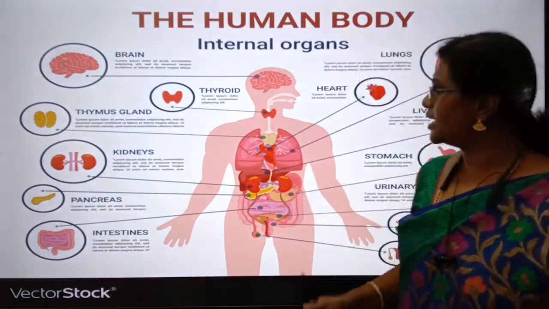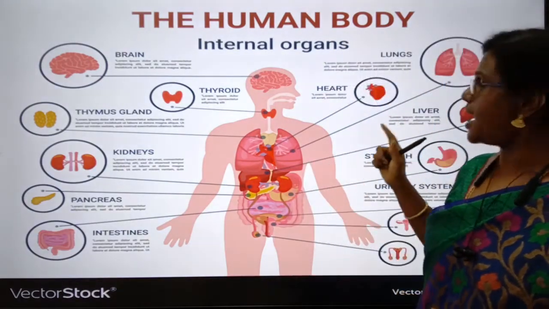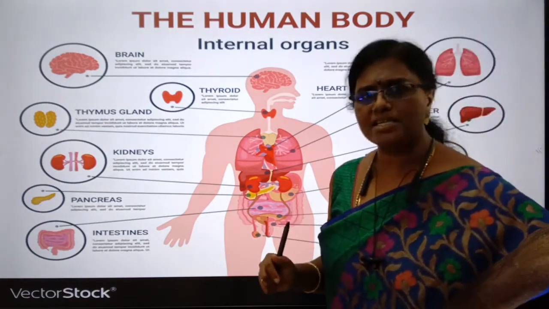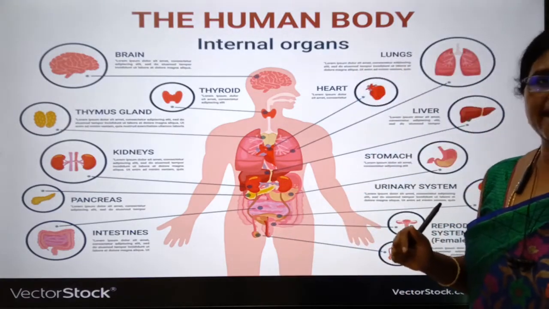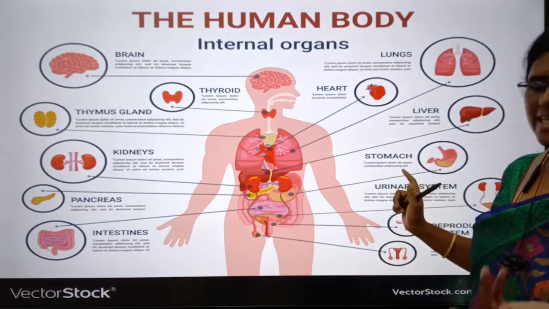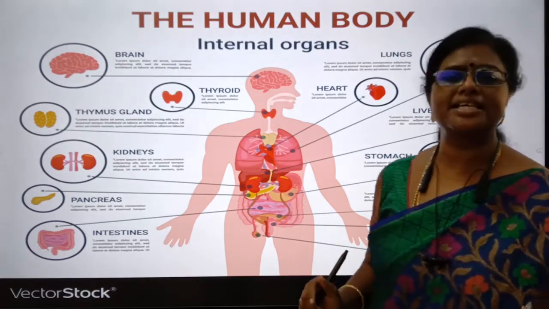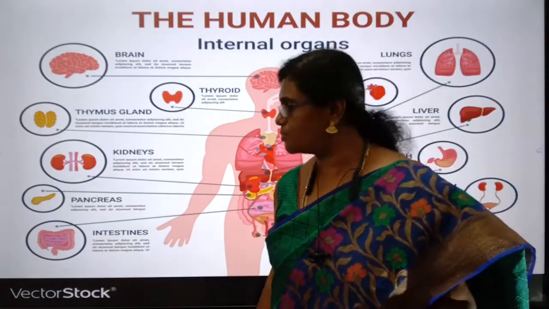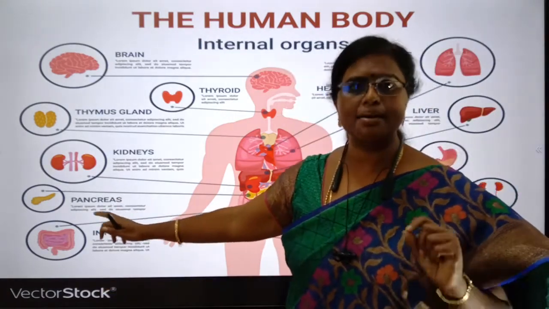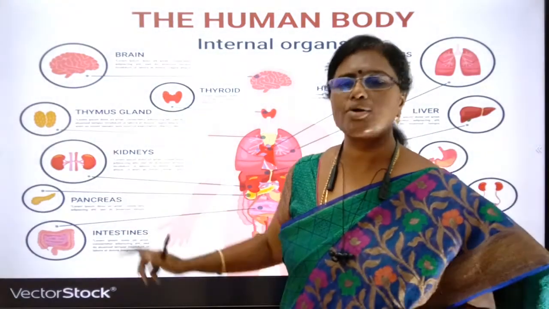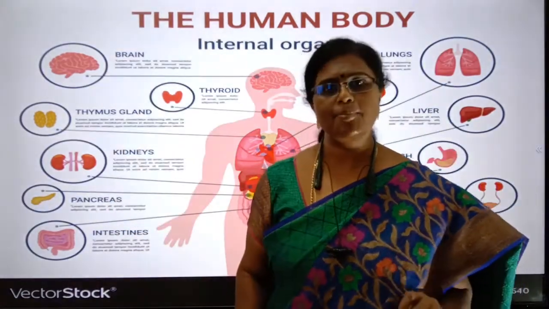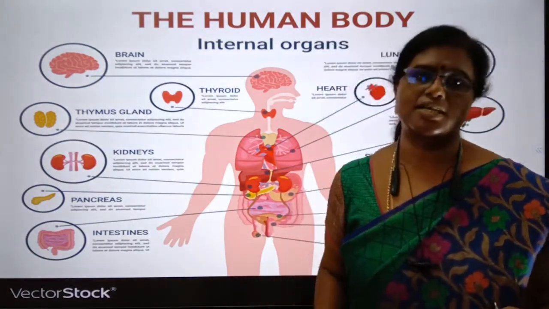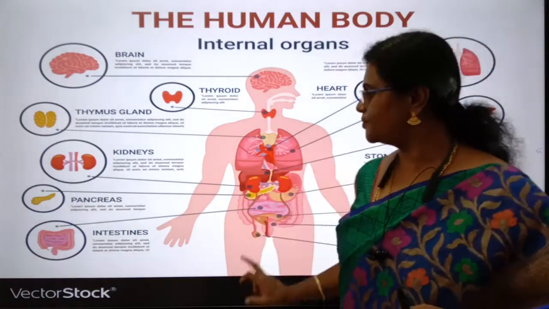For example, lungs purify the air, the heart helps in pumping and sending the blood to all parts of the body, and the liver helps in detoxification. Stomach helps in digestion, excretory system helps in sending out excretory waste, intestine helps in digestion and absorption, pancreas helps in regulating blood sugar, and kidneys send out waste. Thymus gland helps in the production of antibodies. So every cell in our body has its own function. So that is the term division of labor.